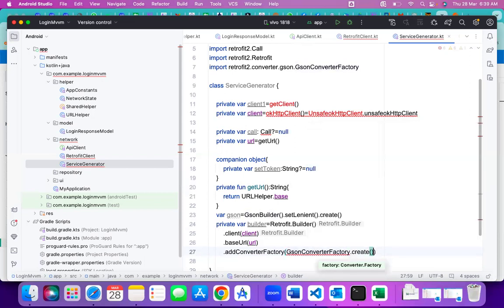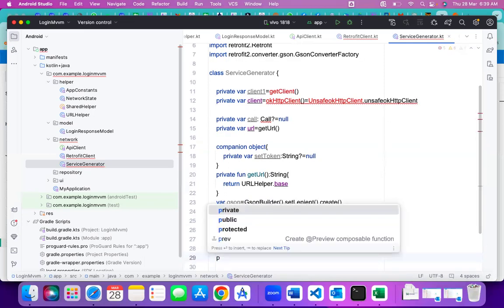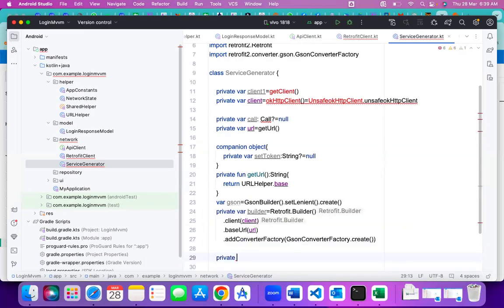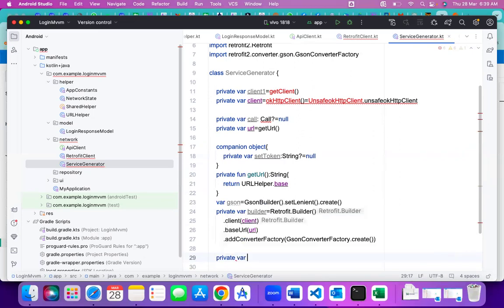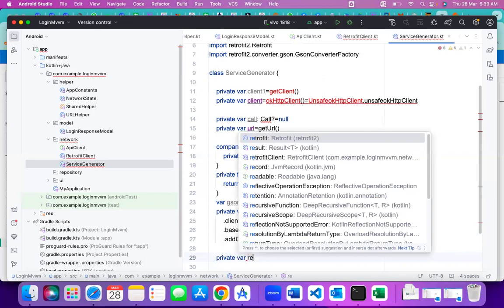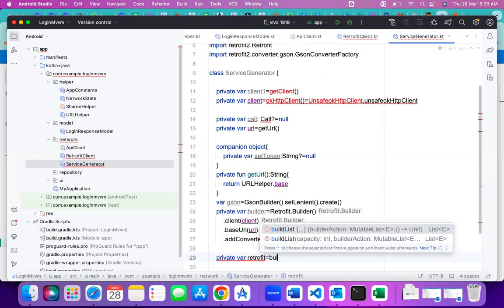So here we are creating the JSON converter factory. Yes. And finally, private var Retrofit. That Retrofit here we are saying is builder dot